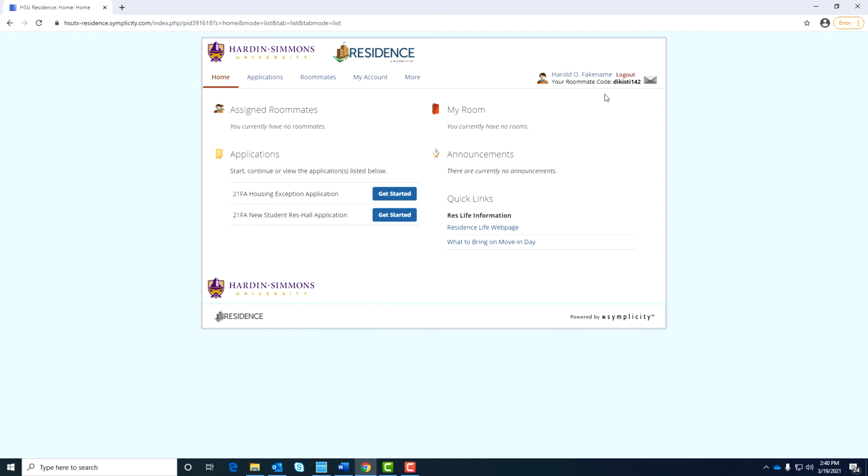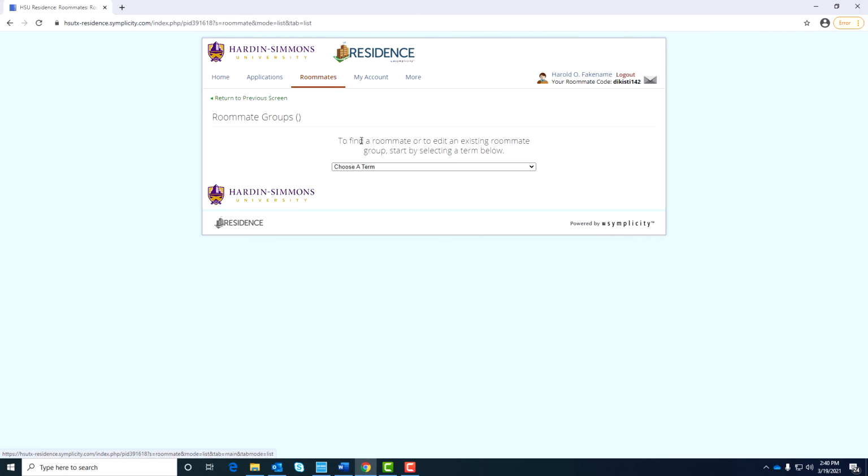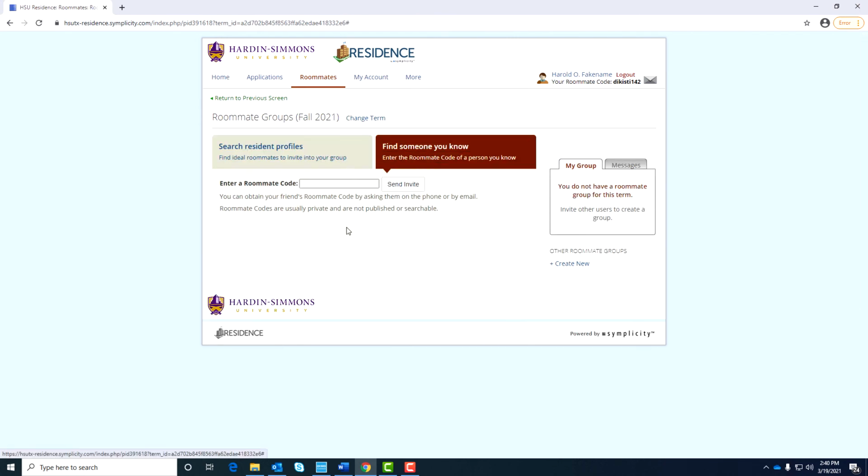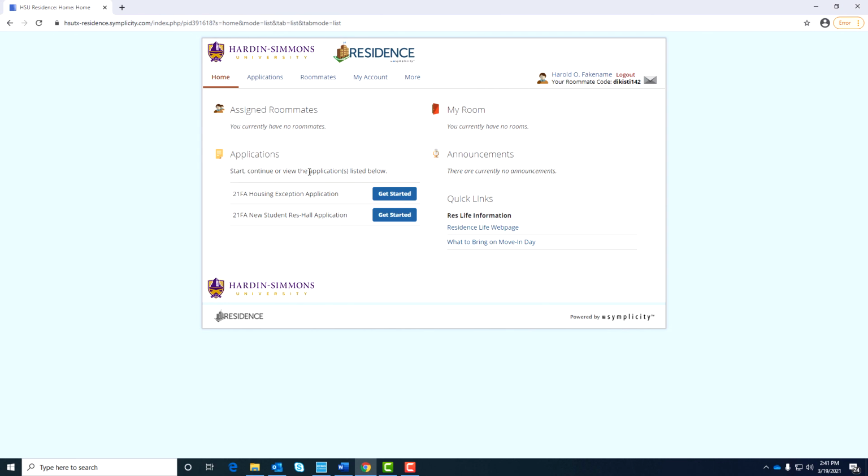Now, if you want to request a person specifically, the two things you'll need are your and your desired roommate's roommate codes. To do that is fairly simple. You go to the roommates tab at the top of the page. You'll select the term in which you're going to live, click find someone you know, and enter that roommate code here on this page. Now that's the person you're requesting's roommate code, not your roommate code, and send the invite. That person will then need to log in and accept the invite. Once that is verified,